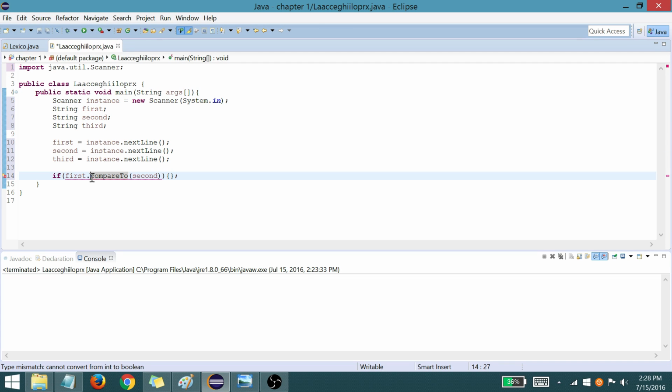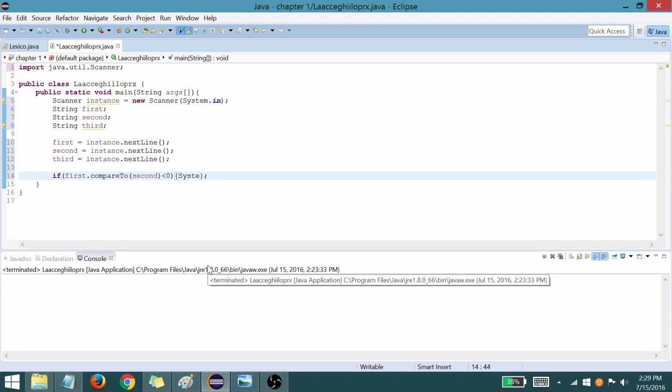What this compare to method does in relation to strings is it takes the string variable you have here. So in this case we have first, and it says, all right, I'm going to take the variable that was initialized called first, and then I'm going to look at it in relation to the variable called second. And what it'll do is, if it sees that first comes before second in lexicographic order, then it will give first a negative value, which means if we type a little something like this at the end of it, if first compared to second is less than 0, in other words, if the first string comes before or is negative in relation to the second variable, then we get to type something like